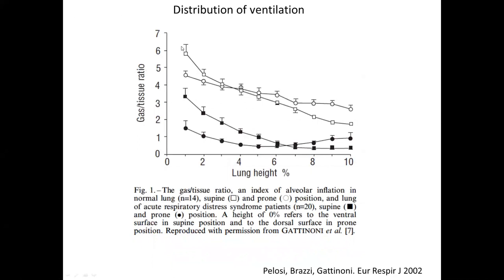in a supine position, the ventilation going from the ventral area to the dorsal area, the range of distribution is quite broad here, and it gets much less and more homogeneous in prone position. And this effect is magnified even more in injured lungs, okay? So there is a more homogeneous distribution of ventilation. What happens to